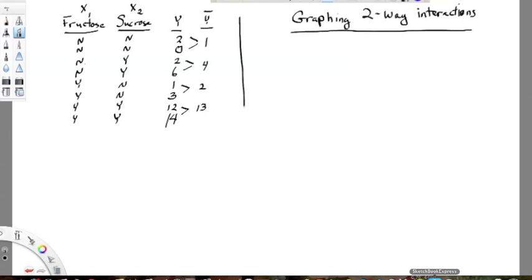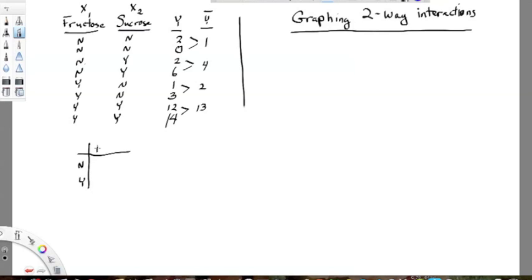writing screen for you. So we've been talking about two-way designs, and two-way designs are ones where we have x1 and x2, two independent variables, and you can see here we have a minimalist two-way design. It's a 2 by 2 factorial. We have two levels of fructose in our medium, no and yes, and then we have two levels of sucrose looked at factorially, and I showed you in the past in a previous video how this can be construed as